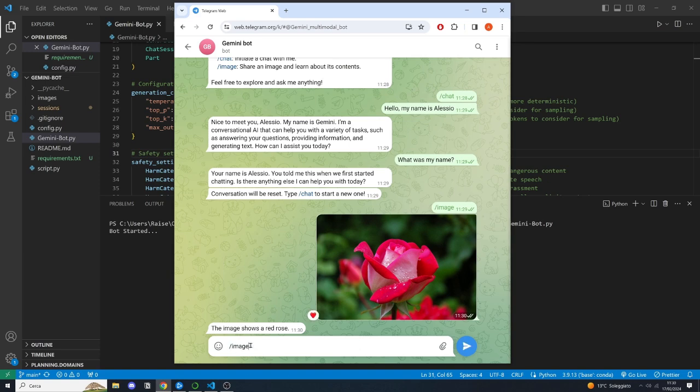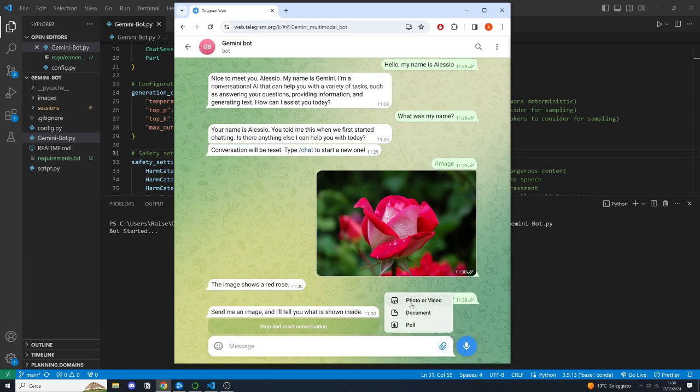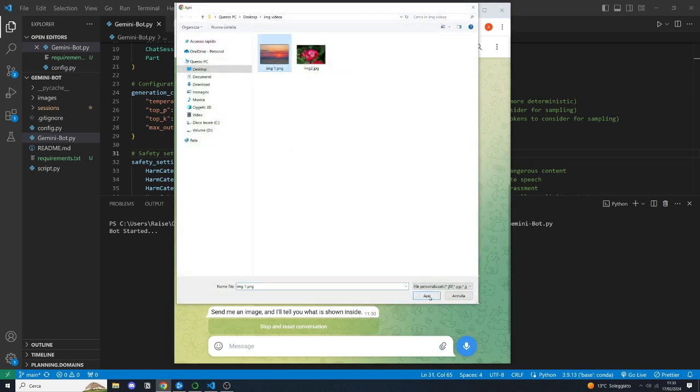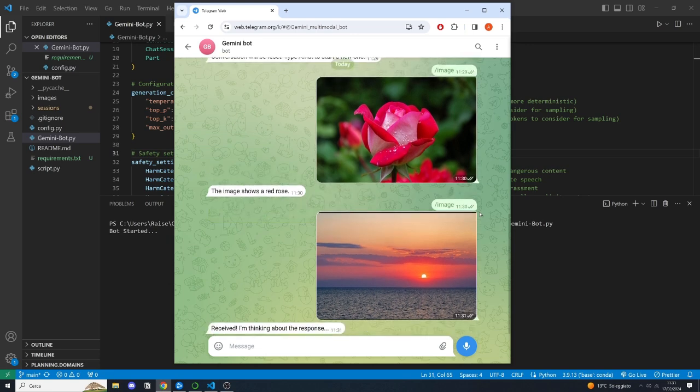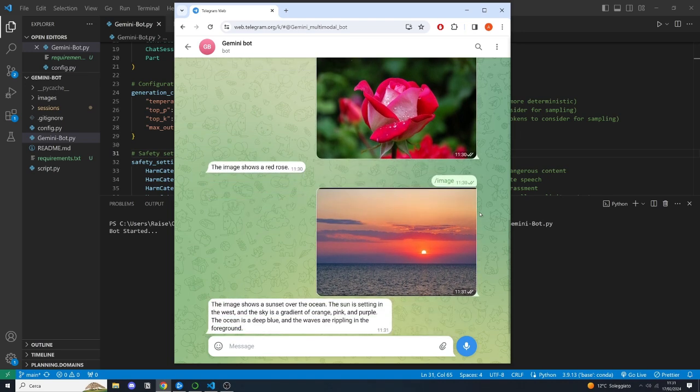Let's use, for example, another command of the /image and select a different image that is a very beautiful sunset. So let's see what the bot will answer us. He's thinking about the response. And the bot says the image shows a sunset over the ocean. The sun is setting in the west and the sky is a gradient of orange, pink, and purple, and so on. So these are all the capabilities of the chatbot that we will